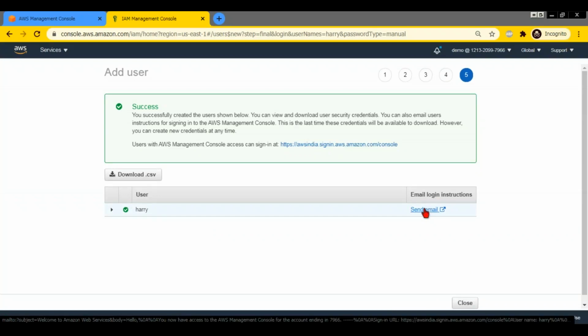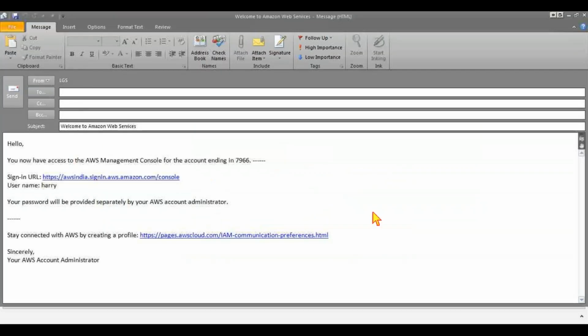It will say, hello, you have been provided access to the management console for this AWS account. Here is the link to log in and here is your username. The password will be provided separately. So you have to give the user the password.